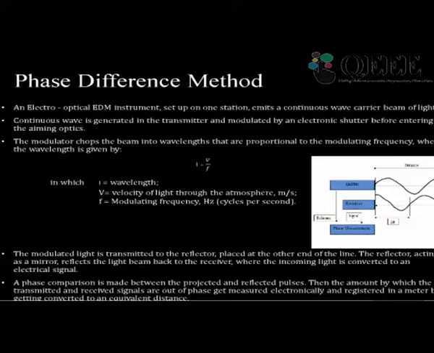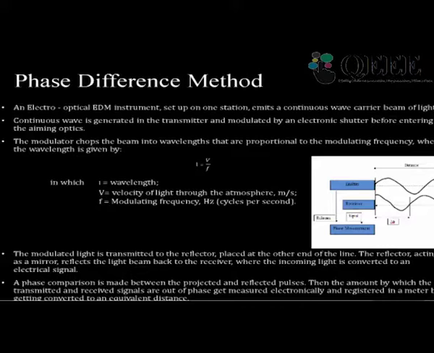In the phase difference method, the total stations can be operated within 3 kilometers or 2 kilometers. It mainly has a short range compared to the time of flight method. Generally, most of the total stations currently available in the market are using the time of flight method to measure the distance between your instrument station and your target. I hope you have now understood the principles involved in measuring distance using optics. It uses the simple Doppler velocity principle.